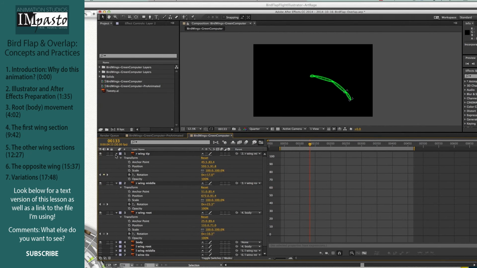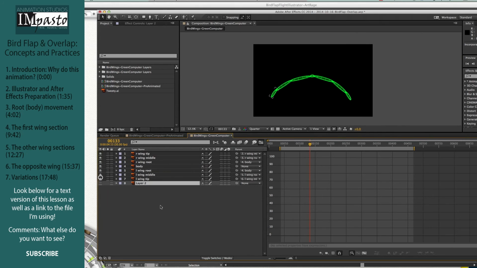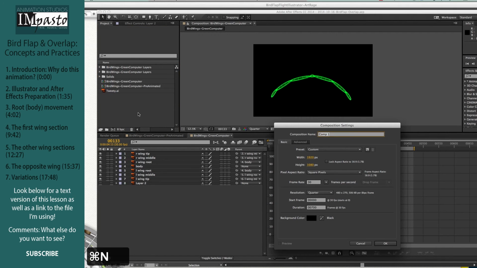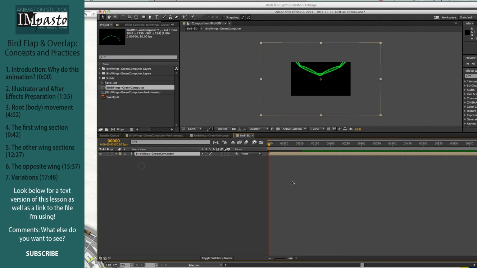You could also take this bird and you could take it and render it out in 3D. So for instance, sort of 3D. After Effects 3D is not real 3D, it just kind of looks like it. But 1920 by 1080 and bird 3D. Now the advantage of doing this, of course, is you get a little bit of perspective. So take that bird, just drag it in,